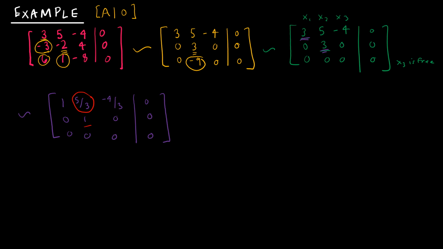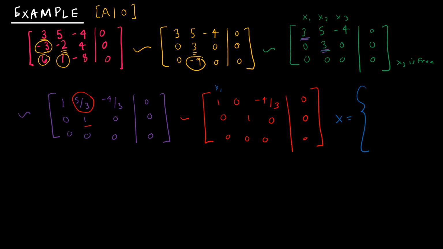So I'm going to take negative 5/3 times row 2 and add it to row 1. So now I have 1, 0, negative 4/3, 0, 0, 1, 0, 0, and 0, 0, 0, 0. So in our last video, this is kind of where we ended, and we said, great, here's my solution set,